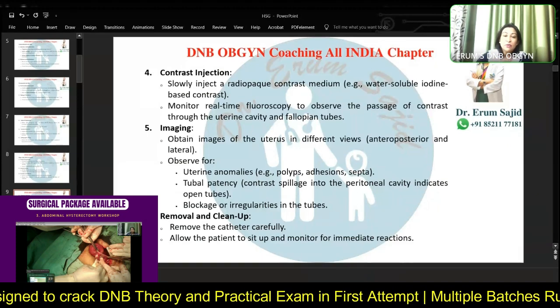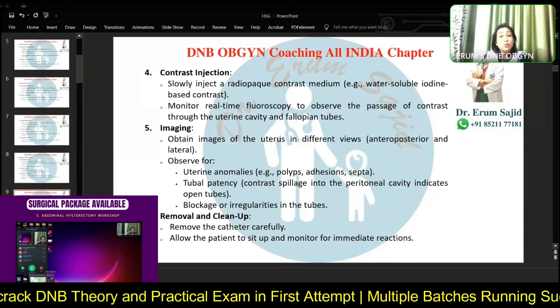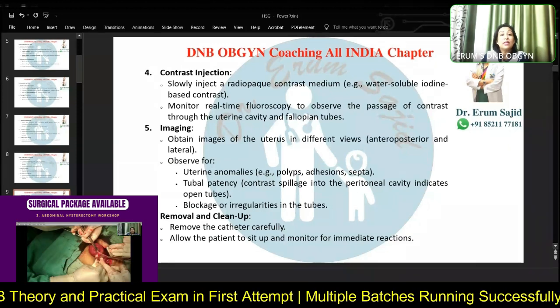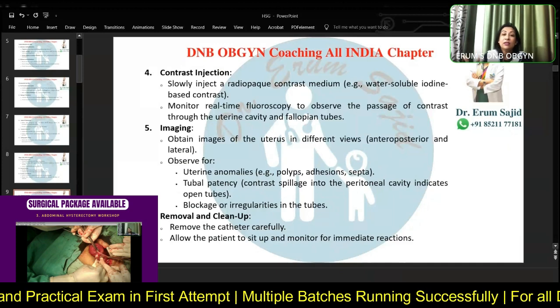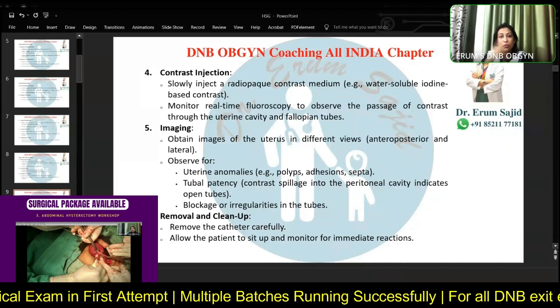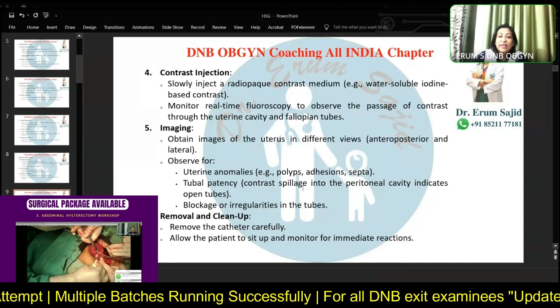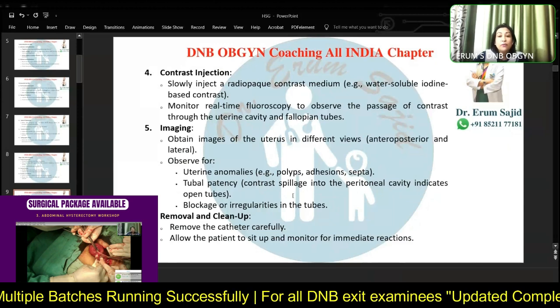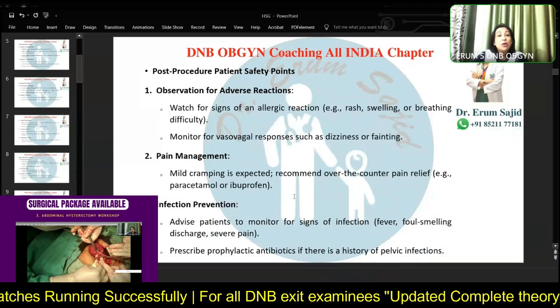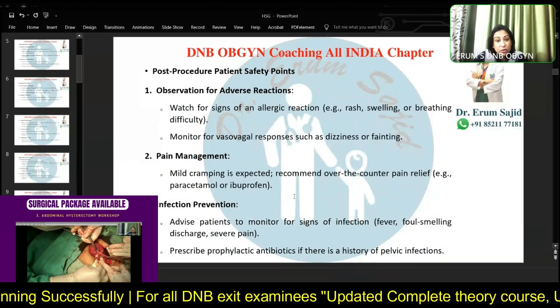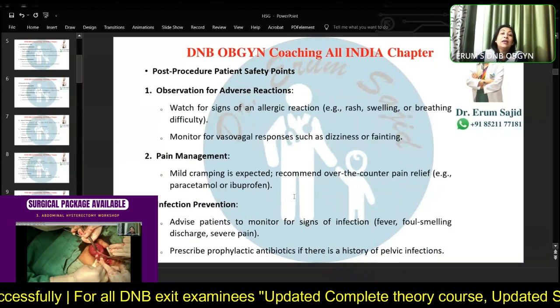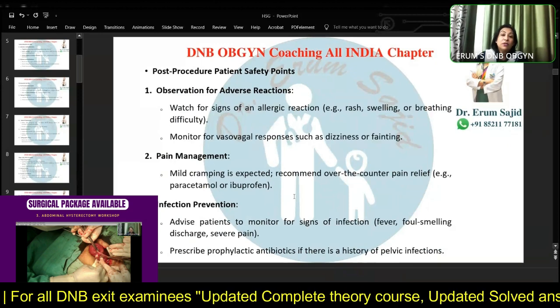Start with 10 ml. If it gives you the desired result, it's fine. Otherwise, you'll have to push in 10 ml more, and then it'll distend the cavity or be seen through the tubes. That's for sure. So then remove the catheter very carefully, allow the patient to sit up, monitor for some immediate reactions, ask her how she's doing, document in the notes what you saw, okay, and then counsel, debrief the patient, and then